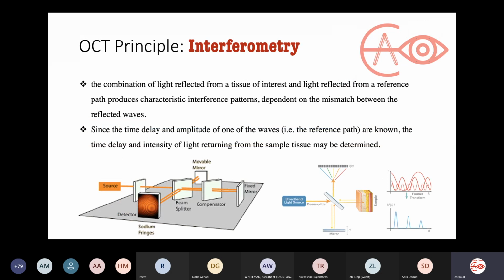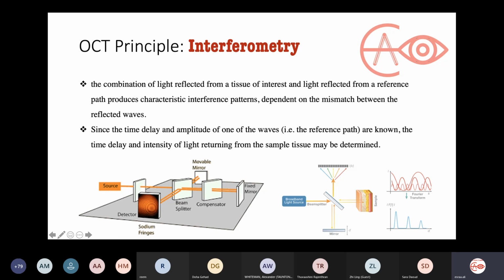What you need to know for the exam: the OCT principle is interferometry. What does that mean? It means interference of light waves together. So they might give you this image over here. This is like a simplification of how the OCT works. So you have the light source here that shines into a beam splitter. This beam splitter splits the light waves that you're sending, one into the eye and one into a mirror, and then both of these are collected back, and then they make a pattern of interference, and with an algorithm called Fourier transformation you can